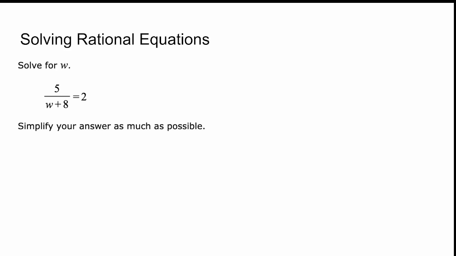So first we're going to take a look at solving rational equations. Rational equations are ones that appear as a fraction. And so let's go ahead and take a look at this one. How would we go about solving this one? Well, the first thing we want to do is, when we have a variable in the denominator, again, what we're trying to focus on, our answer is going to eventually look like the variable equals some number or some expression. So we want to get this out of the denominator.